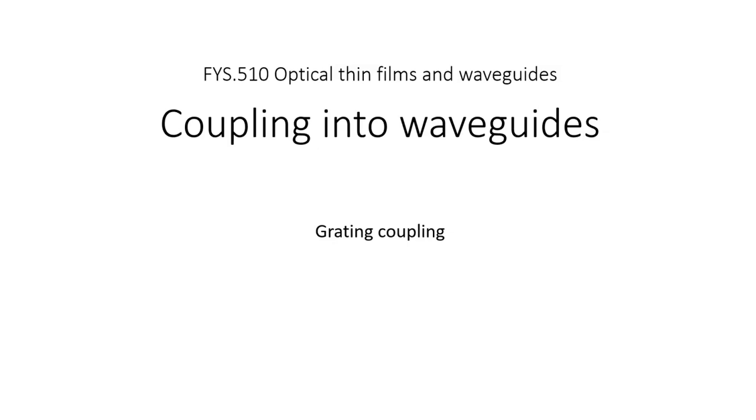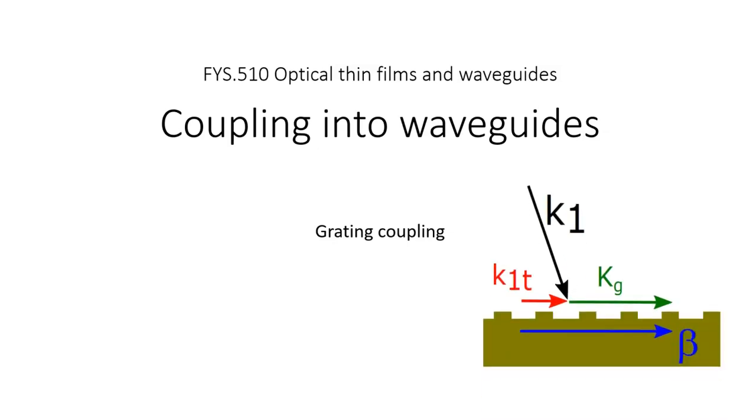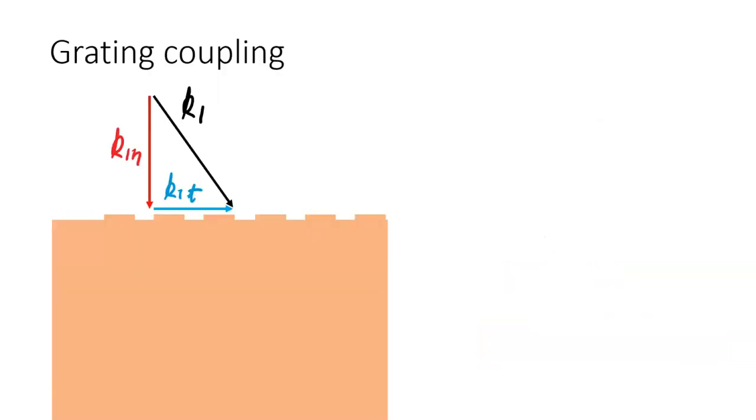Now we analyze coupling into a waveguide by a diffraction grating. A diffraction grating changes the direction of the incident field by diffraction. This can be interpreted as summing the grating vector kg to the tangential component of the incident wave number. The grating vector is